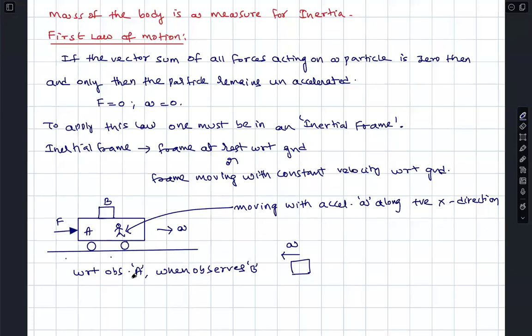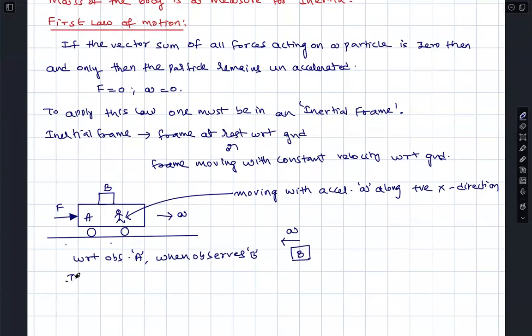Whereas with respect to observer A, B is experiencing an acceleration A. In reality, there is no force acting on B. Only force is acting on A. So what have you seen in this case? There is no force, but acceleration is not equal to 0,